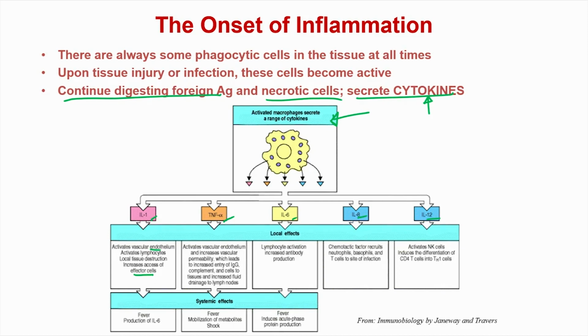So, another class of molecule is TNF alpha. Similar to IL-1, it is fairly inflammatory, and it activates the vascular endothelium and increases permeability. If you remember in the tumors part of the talk, I was saying that if you have inflamed tissue, your vessels are more permeable, they are not as tight as they are in healthy homeostatic tissue, and that is because these factors are being released which are signaling these cells to increase their